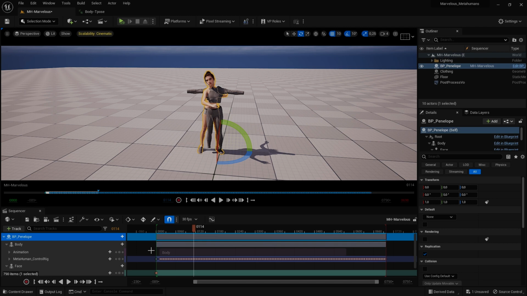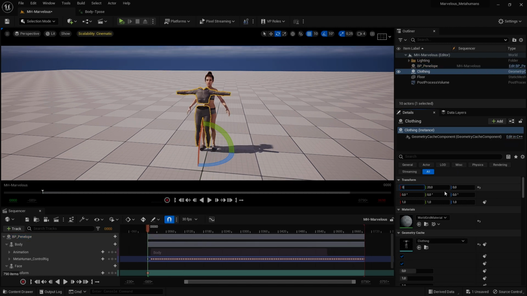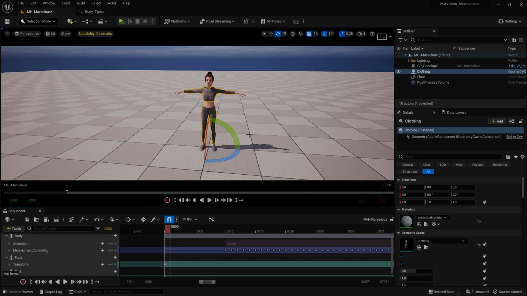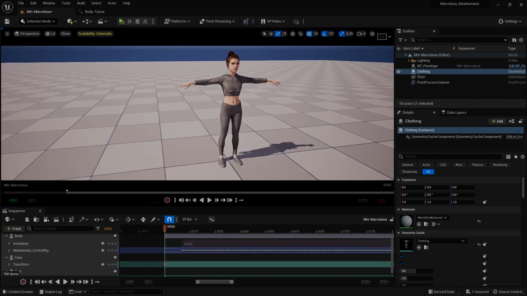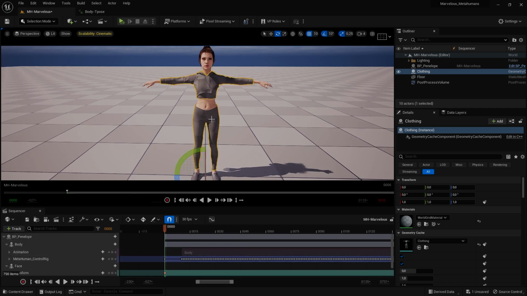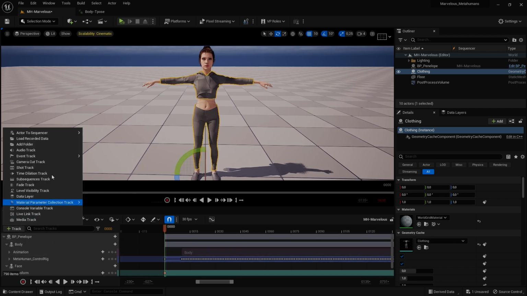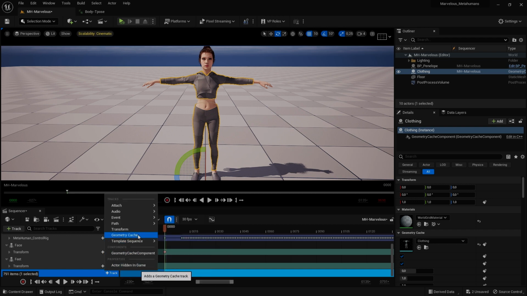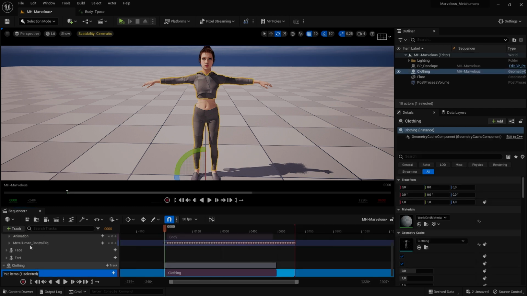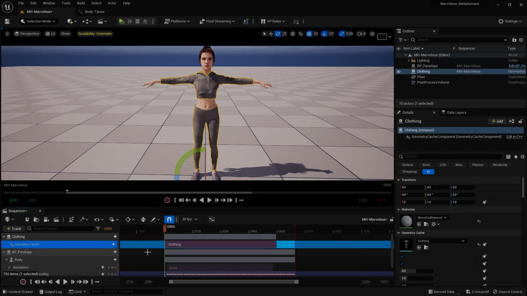Click on your character, just going to get this to the beginning. Click on your character, mine's all on 0. Zero everything out. Okay, now click on the clothing piece, track, actor, add clothing, and then once the clothing is in, select the track button again, geometry cache, move this to the top, there we go.